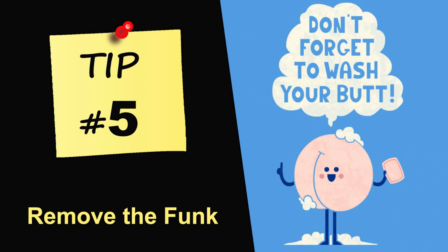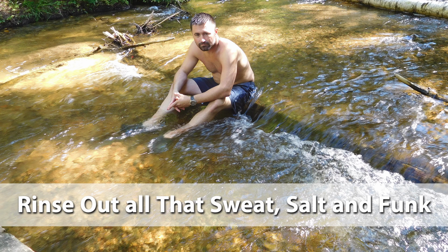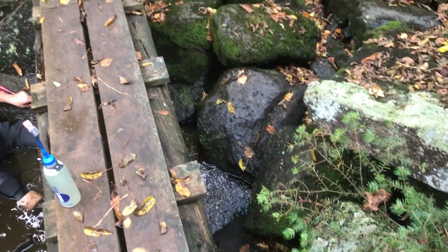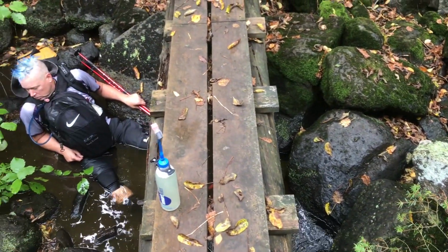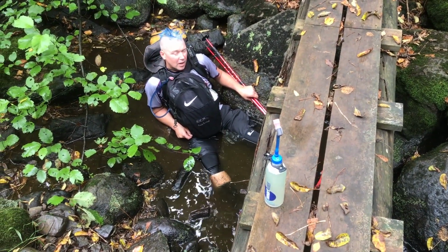Removing the funk. Many of us take great pride in that hiker trash appearance. However, that hiker funk isn't merely a source of stink, it can also be a key cause of chafing. Be sure to wash your nether regions and other chafing hotspots thoroughly before hiking and at day's end while on multi-day excursions, rinsing off sweat-deposited, grit-like salt crystals that can exacerbate the sting of chafing and eventually lead to a